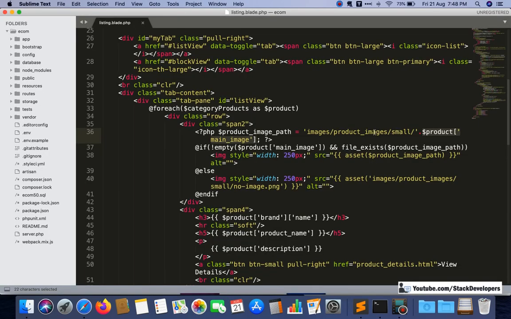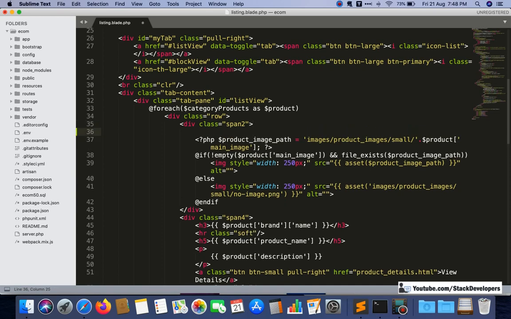But here we need to add one more condition along with this one, and that is the isset condition for the main image. It means the variable, if the variable exists: we have the $product array, and in that array main image is our element. If the main image is there, then only we will set the product main image path.